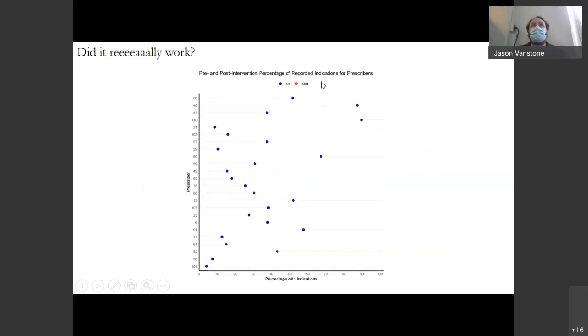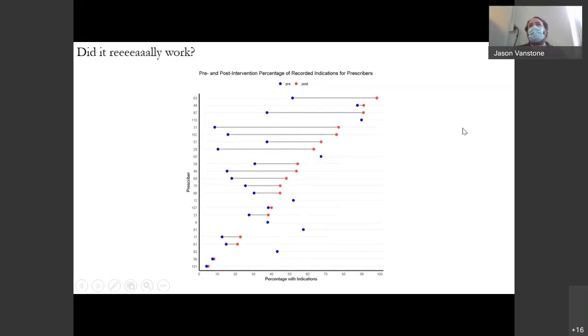This is a really neat graph that Warren, another one of our analysts, came up with. Each of these blue dots represents the pre-intervention value for an individual physician, so their average number of prescriptions with indications pre-intervention. I think we eliminated everyone with fewer than 5 or 10 prescriptions just to keep out some of the wonky data. Now you see the red is the post data. For the majority of the physicians, in this graph at least, we saw an increase. In some there was quite a nice big increase, in some it was slightly smaller, in terms of a change in the number of prescriptions with indications.